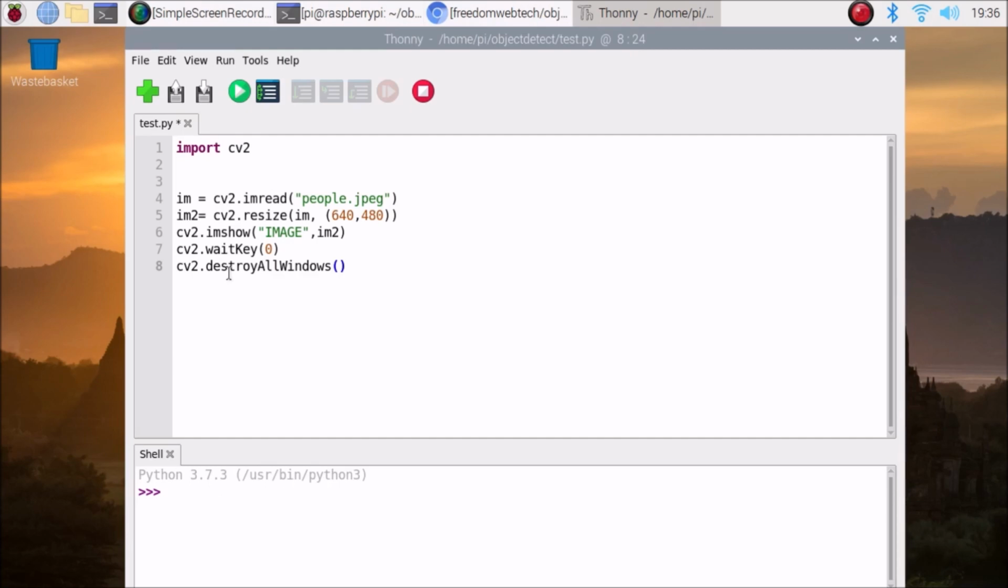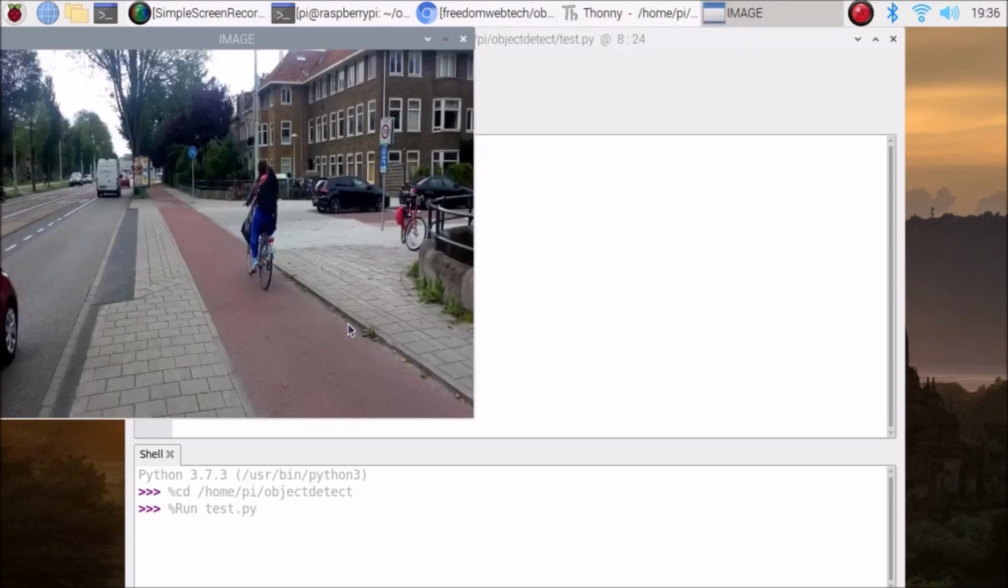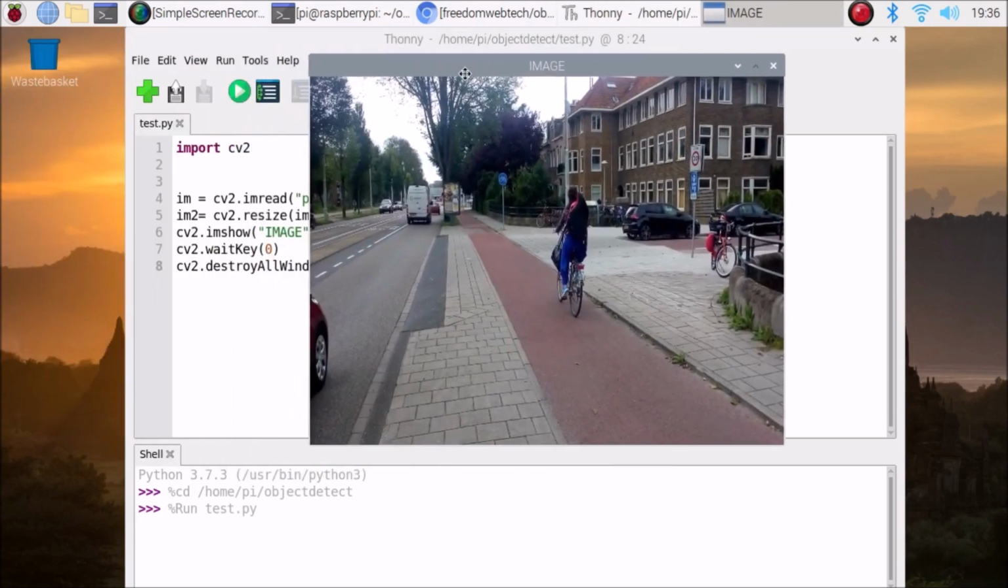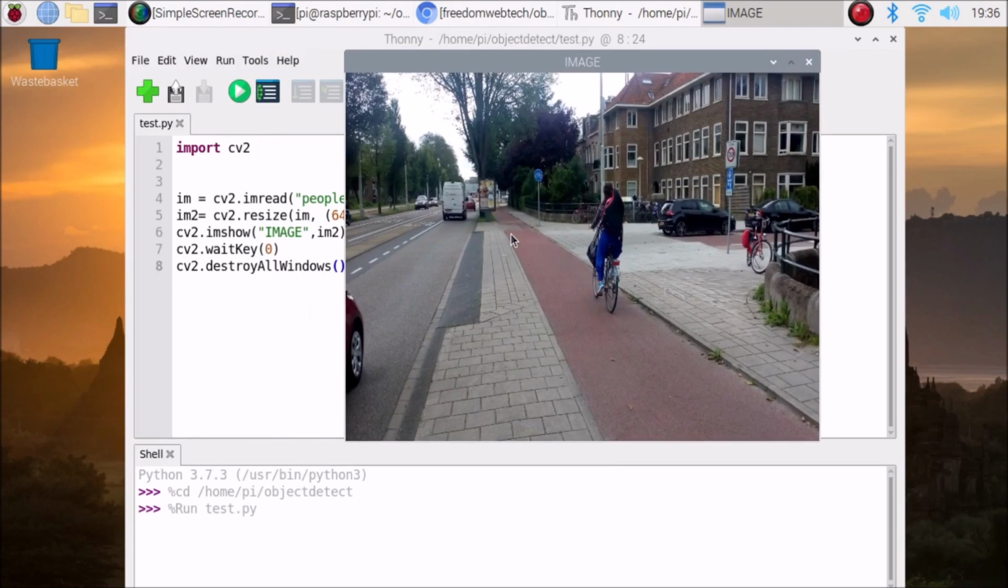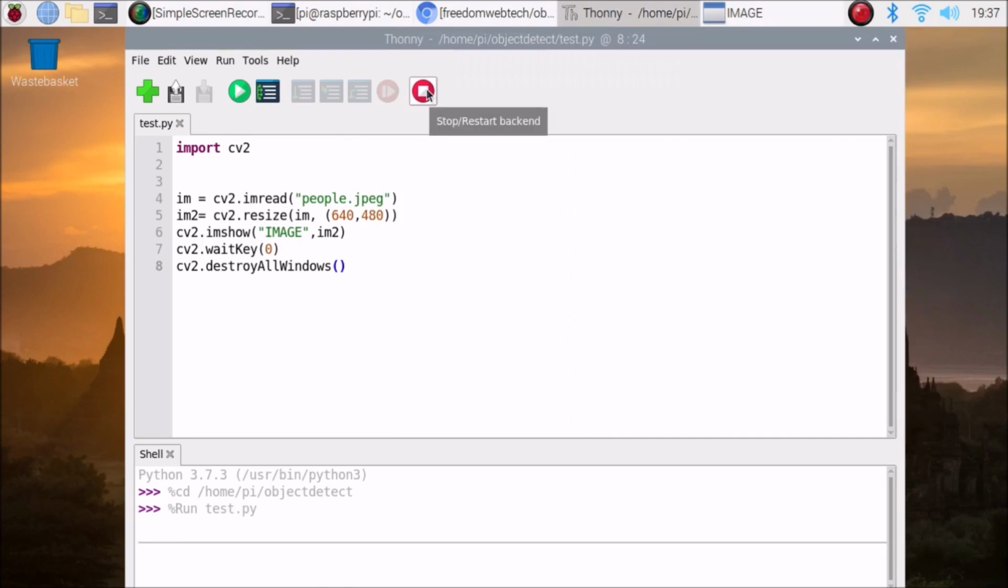So let's just run this first. Okay, so save it and just run. As you can see, this is our image, and inside that we have lots of objects, like a car, a bicycle, a person, a truck. So we are going to detect the objects. We successfully read our image. Now simply stop the code, and now we are going to use our